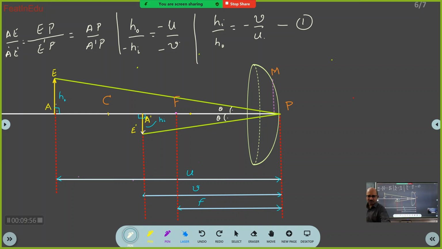Let's have a format so that if you read these notes, you will not have unnecessary clutter in your head. That is the way. There is nothing wrong if you do it the other way round here. And sometimes for some deviations we have to do it that way, and we will. Okay? So this is the first equation. So we have used it, h_i upon h_o. But still, four quantities already got